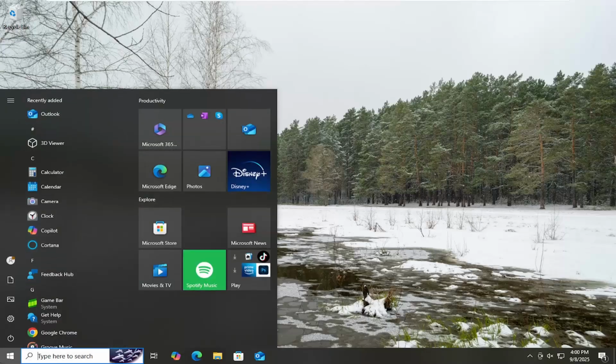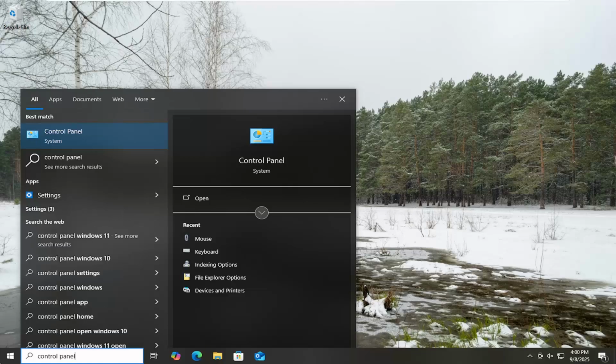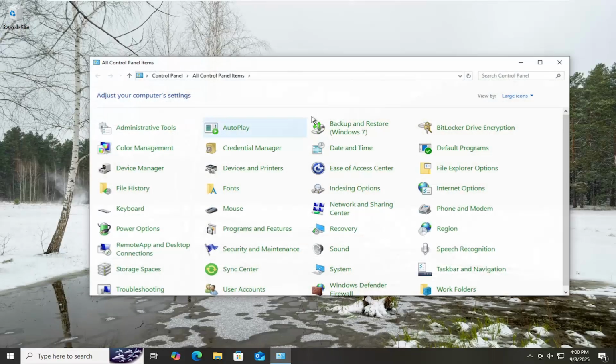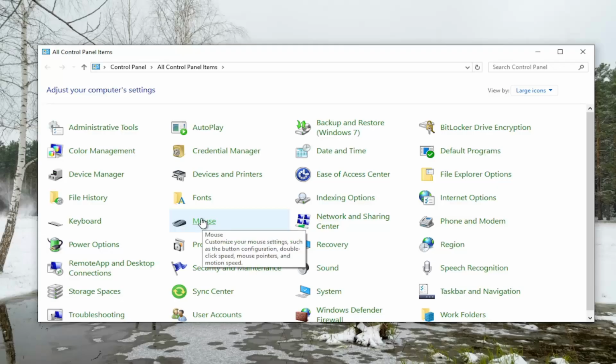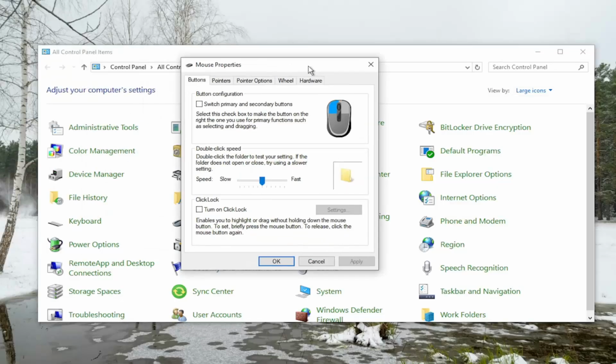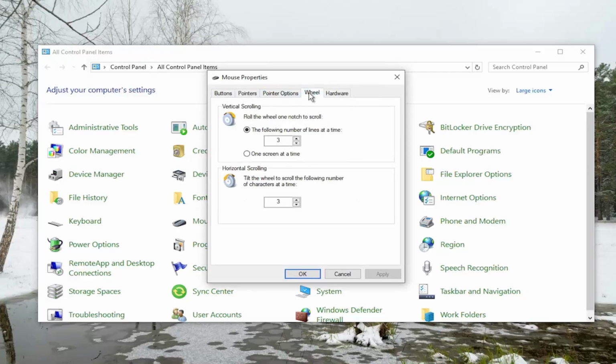So I just open up the search menu, search for Control Panel. Best result, you come back with Control Panel. Go ahead and open that up. Up at the top right where it says View By, click the drop down and select large icons. And then going down, select the mouse icon on this list, and then select the wheel tab at the top,